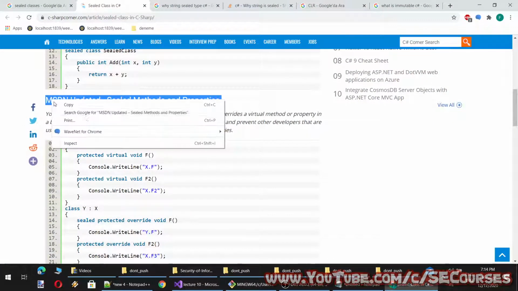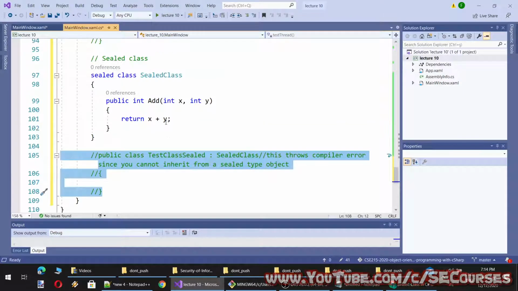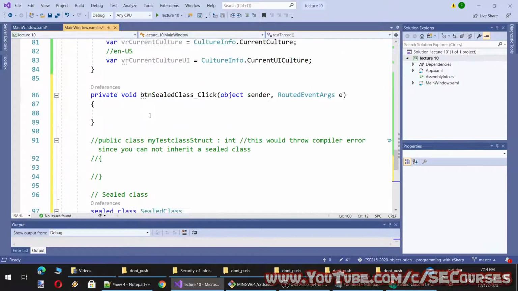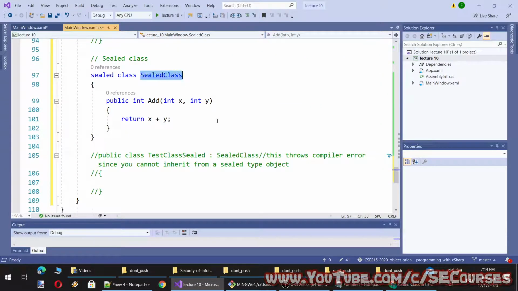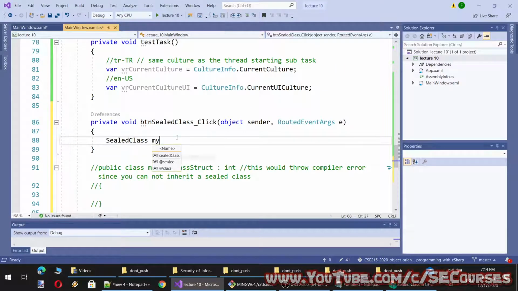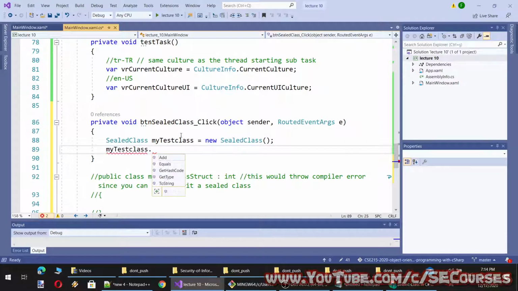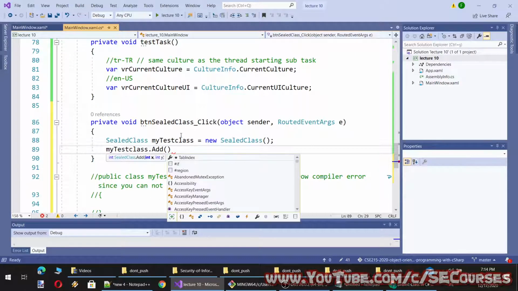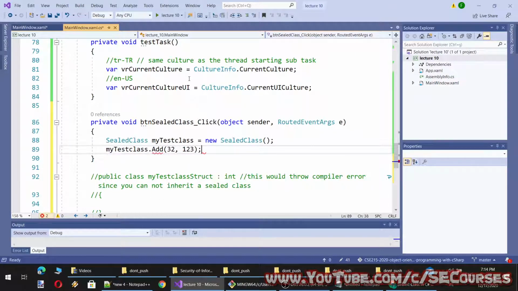Let's continue. By the way, I was going to show the immutable. So in our button click, I am going to create an instance of our sealed class, and then I can run the method. It has it like this.